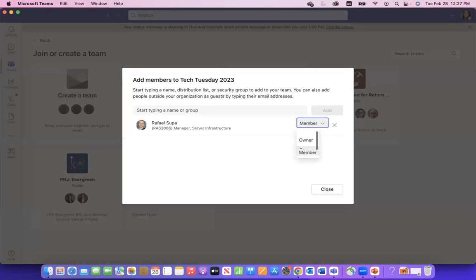I would recommend in a lot of cases, if you have a team with a lot of people on it, it might be helpful to have a co-owner so that you're not the only one who has access to the settings, especially if you're not there for whatever reason, like you might be on vacation or out of the office and somebody might need to change settings about your team. So somebody you trust might be a very good co-owner. So I'm going to make Raphael an owner, just in case he needs to demonstrate anything.